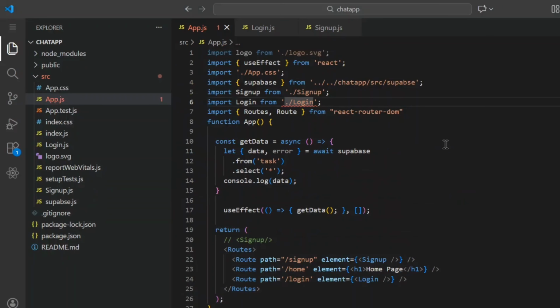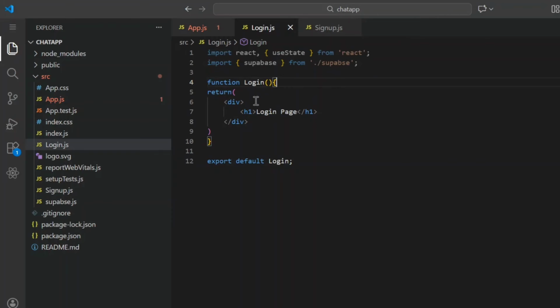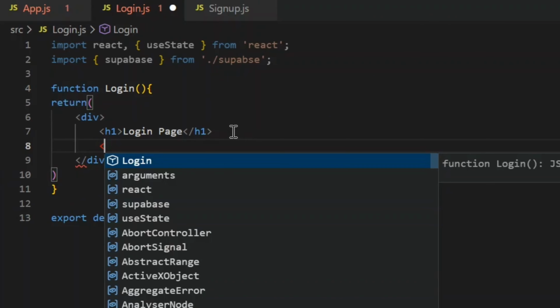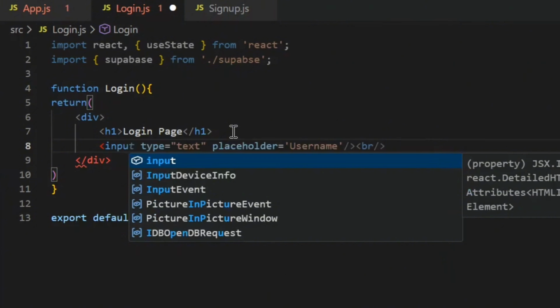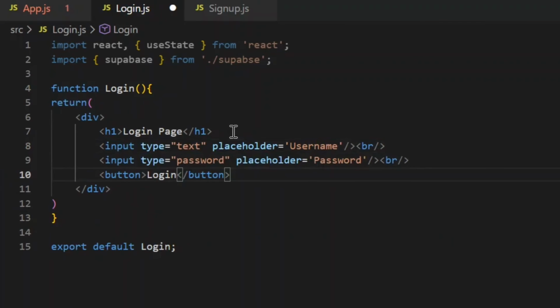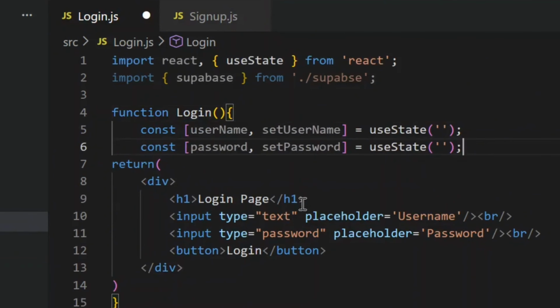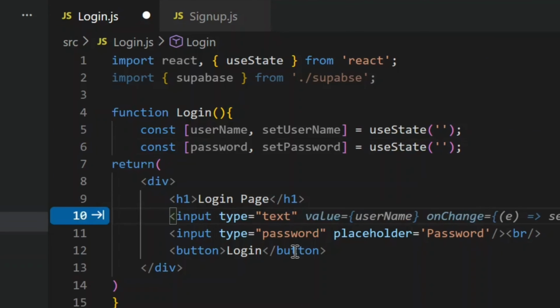So we need to add some inputs inside. Open the login.js component and then type input, type text, placeholder username, and then the next input is password. After that we need to define the states to get the input values. So the first state is username and the second state is password.